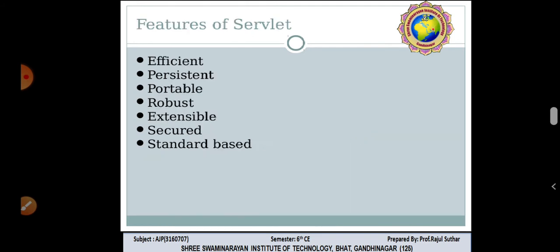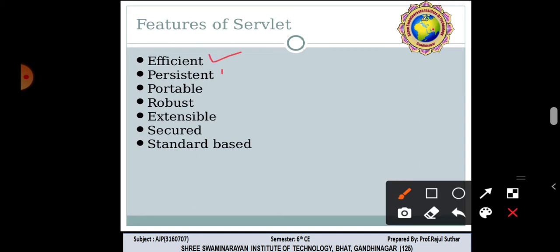What are the features of Servlet? All the features of Java are covered for Servlet, like efficient, persistent, and portable. Efficient and persistent means it makes things permanent, not temporary. Portable means we can use it on any platform; it is platform independent. Robust, it is useful for garbage collection and is free from memory leakage.